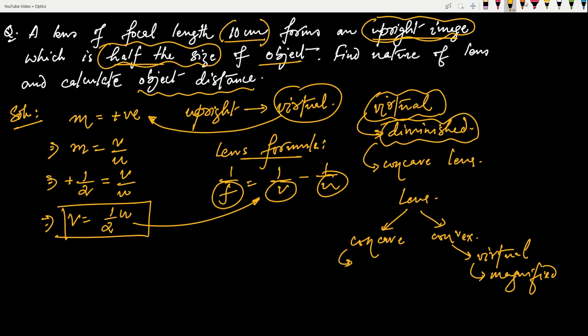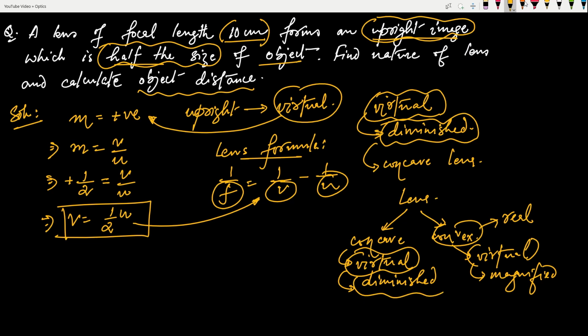whereas concave, from the property we know, always produces a virtual image, whereas convex can produce virtual as well as real. But concave always produces virtual, and the virtual image is always diminished. This is very important. While I was explaining the property, I stressed upon that, and I also marked it with a star because this is a very important concept. So since the image is virtual and diminished, the lens is a concave lens, and we know the focal length of a concave lens is always negative, so it is minus 10,